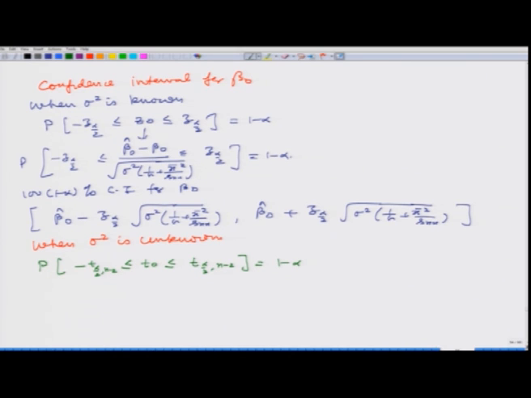Now, after substituting the value of T naught, which is beta hat naught minus beta naught over the square root of sigma square hat times 1 over n plus x bar square over Sxx, we get this probability equal to 1 minus alpha,